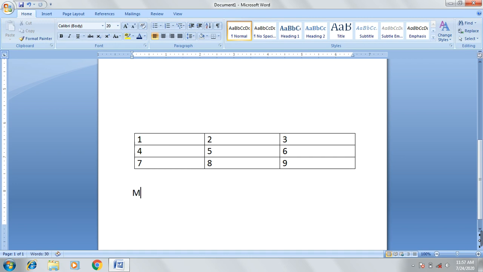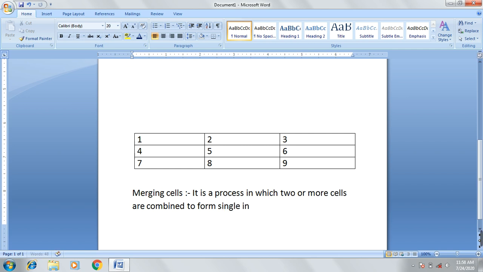Merging cells is a process in which two or more cells are combined to form a single cell in the table.